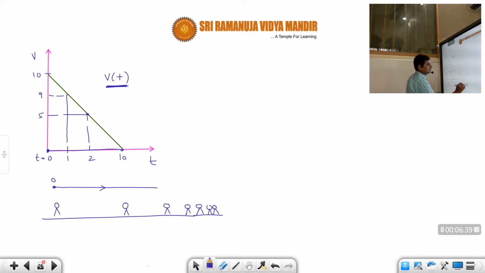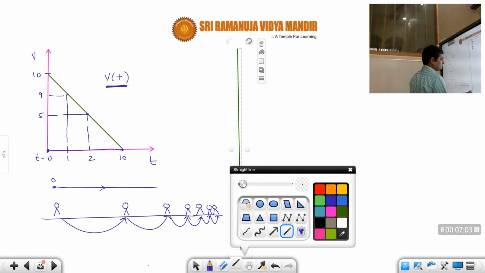Maybe less than like this. So you can see here distance covered is more. Here distance covered is less than the distance covered in the previous interval. So that means the speed decreases, the velocity decreases. I hope, students, you understood the photo diagram. Okay. So this is how we should analyze.